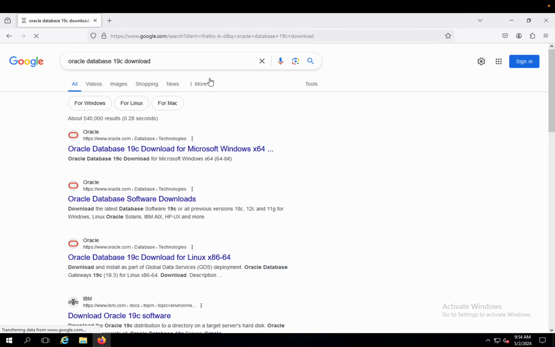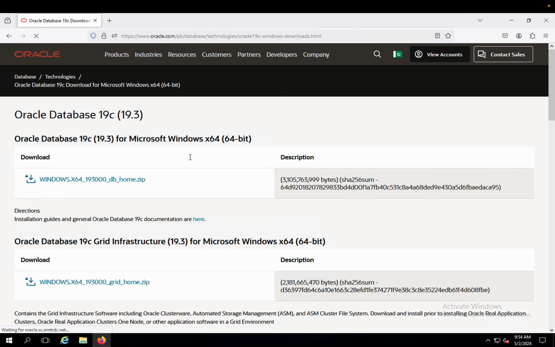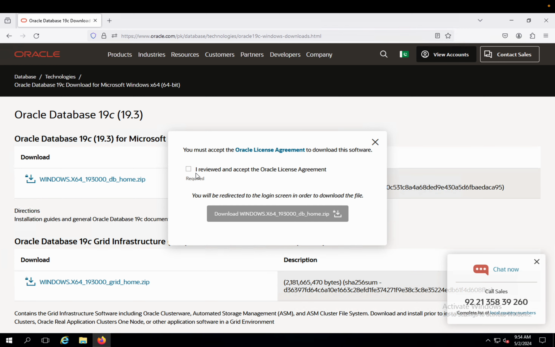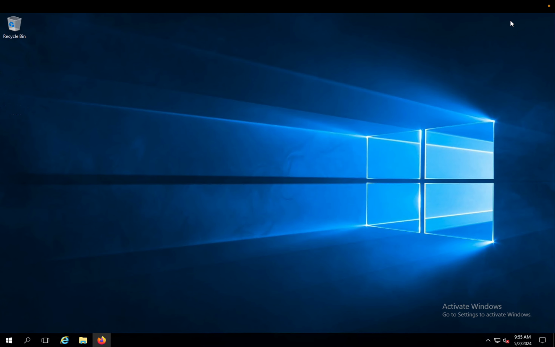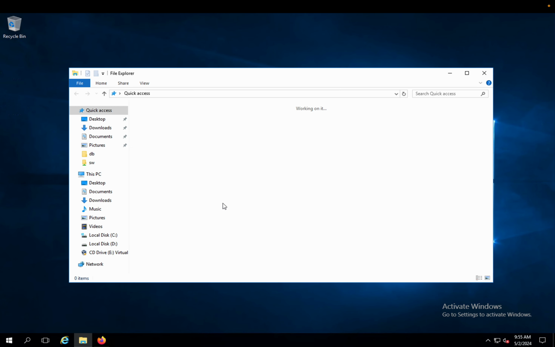We will first download the software Oracle Database 19C for Windows. It will ask you a username and password of Oracle ordinary account. So you can put the credential and start download. I have already downloaded that in my software folder,